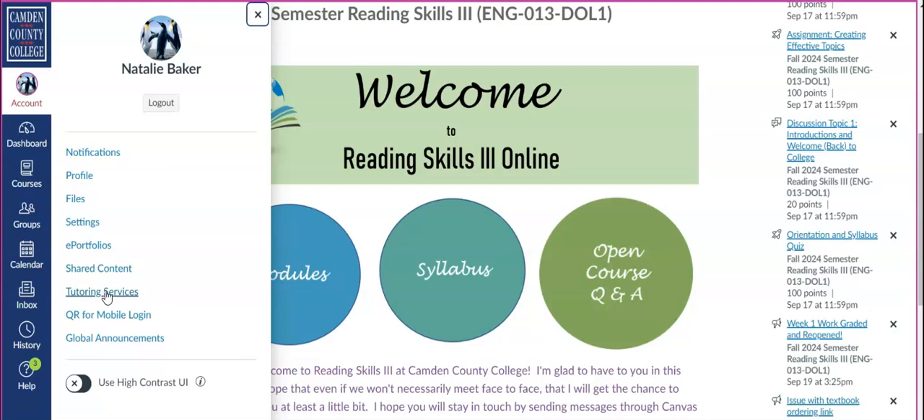Canvas works best with Chrome, Edge, or Firefox, so if you're having trouble with one of those browsers, try one of the others to see if that is the problem. Mac users, Safari causes issues with Canvas in general, so we recommend downloading Chrome onto your Mac and just using